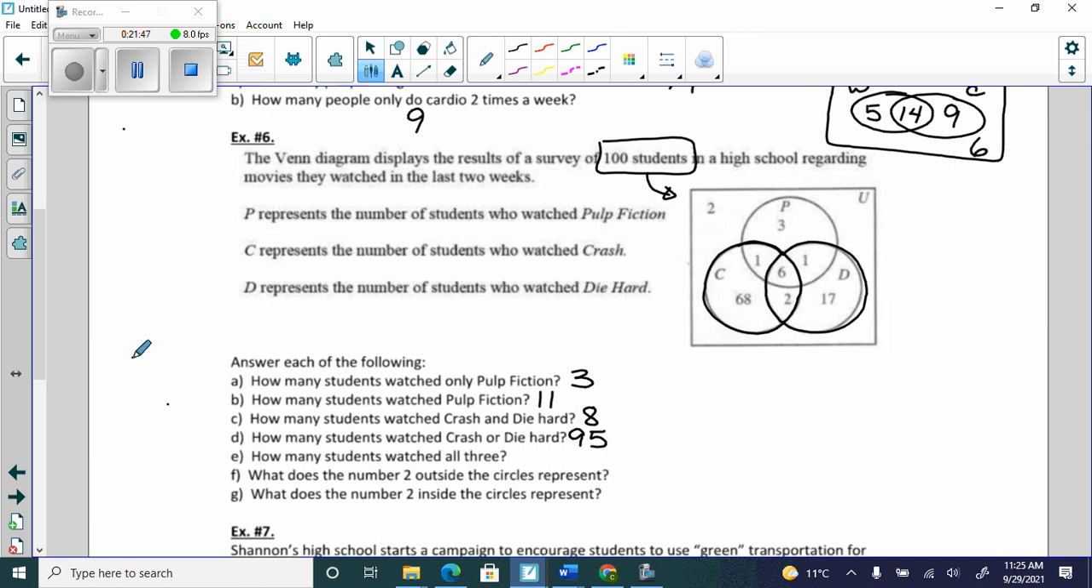Okay. How many students watch all 3? How many? 6. Not all of them. That's not true. How or what does the number 2 outside the circles represent? What is this 2 outside the circles? I didn't watch any movies. Yes, people who do not watch any of these 3. Not who do not watch movies. They can watch movies. They just don't watch